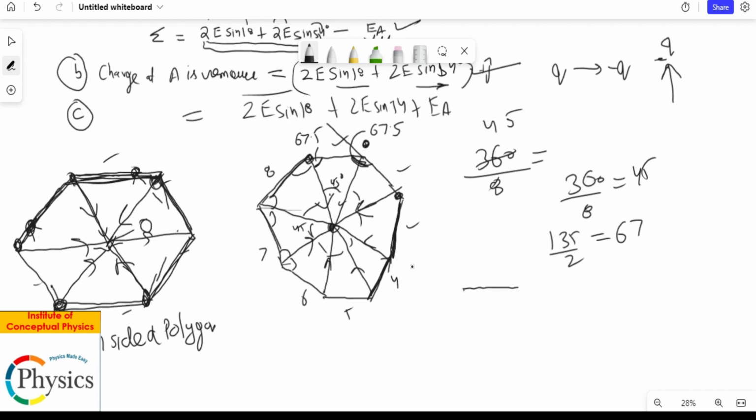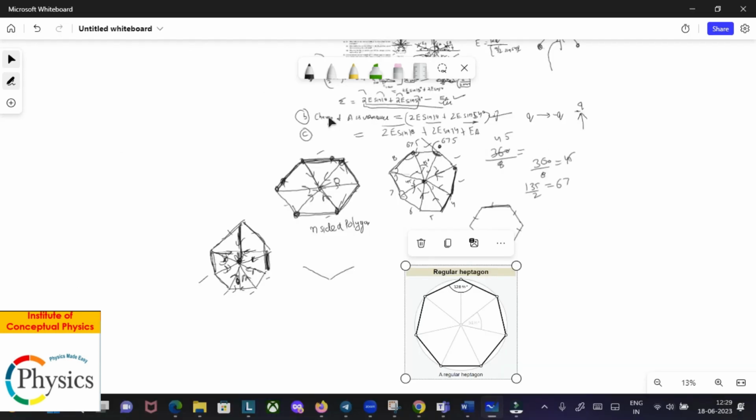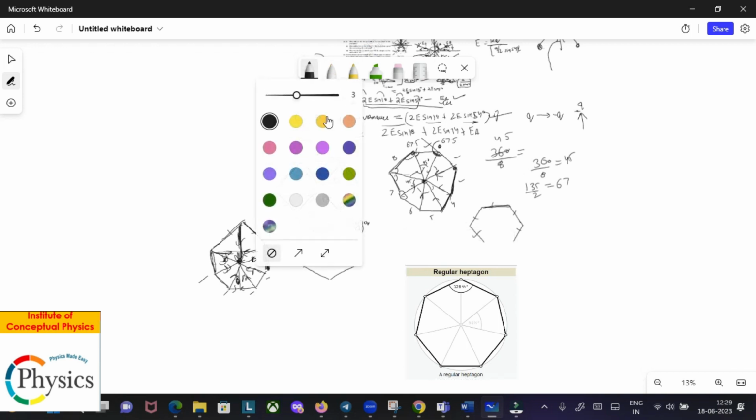And similarly, if we are given a polygon with 7 sides but is regular, all the sides are equal, then we will get an answer. Now how that answer changes with respect to a pentagon is what we need to discuss. So let me try and draw. I just made my life easy. I just picked something from Wikipedia, and I'll show you what happens in the case of a heptagon.